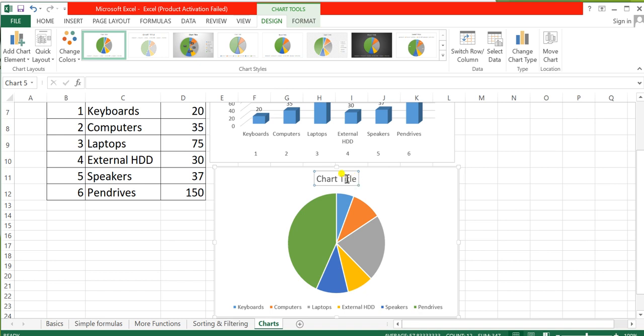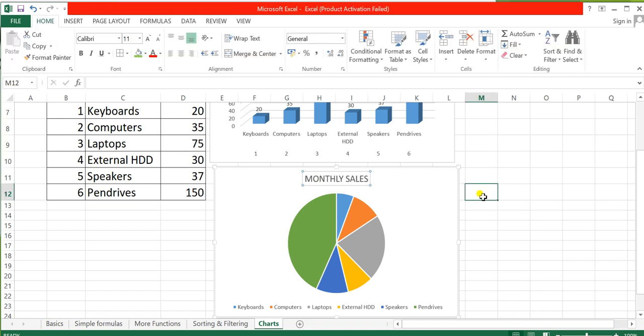Simply click on the chart title and write monthly sales or any other title you want to give to your chart. Here you can see different colors are displayed, and depending on the different fields, the pie chart is divided into different areas.